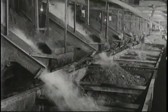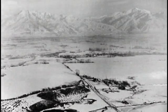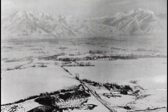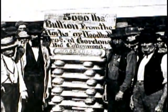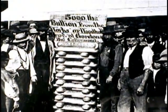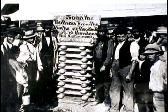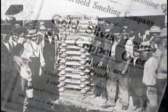Harvesting the valuable metals meant freeing them from the rock, and that required the furnaces of a smelter. But smelters were hundreds of miles away, so Utah's metallic treasures remained inaccessible for nearly 20 more years. In June of 1870, all that began to change. The first smelter was built in what would become the Murray area. The Whittle Brothers smelter was small and crude by modern standards, but it produced ingots of metal,